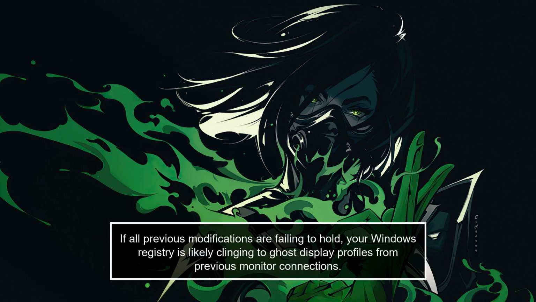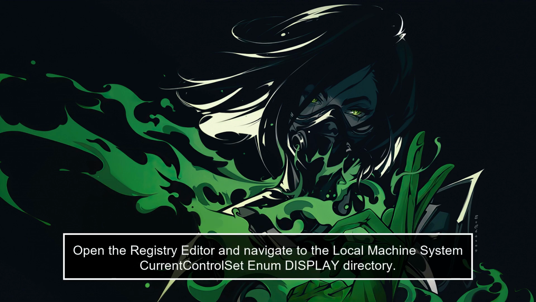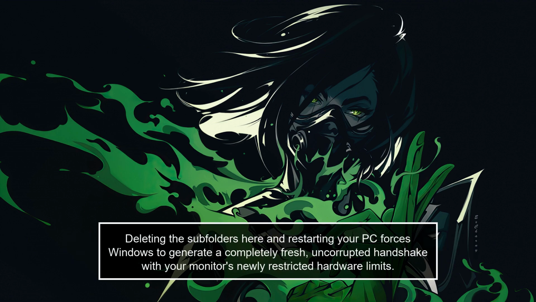If all previous modifications are failing to hold, your Windows registry is likely clinging to ghost display profiles from previous monitor connections. Open the registry editor and navigate to the local machine system current control set enum display directory. Deleting the subfolders here and restarting your PC forces Windows to generate a completely fresh, uncorrupted handshake with your monitor's